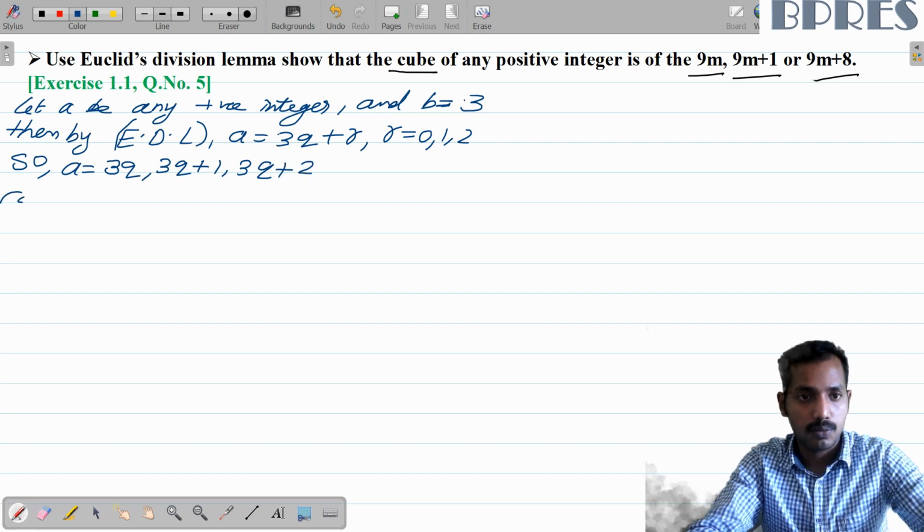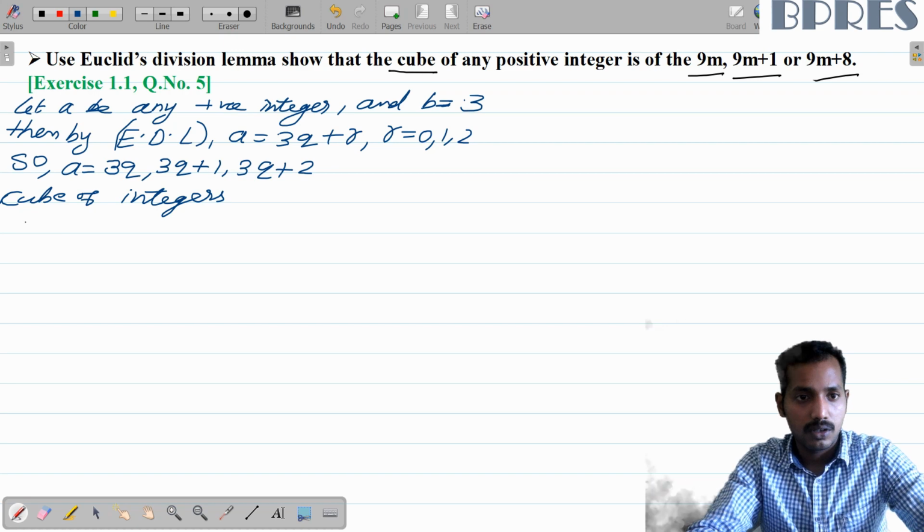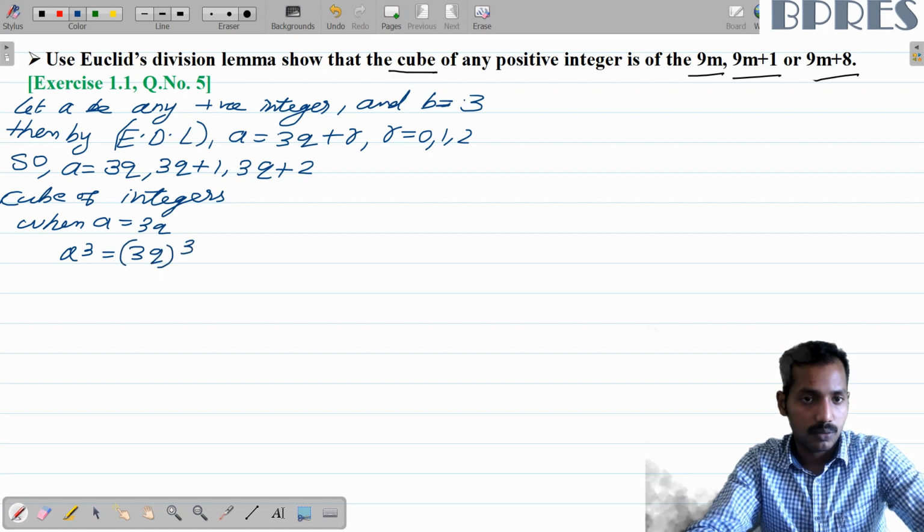Now we take the cube of integers. When a is equal to 3q, we will get a cube is equal to (3q) whole cube,